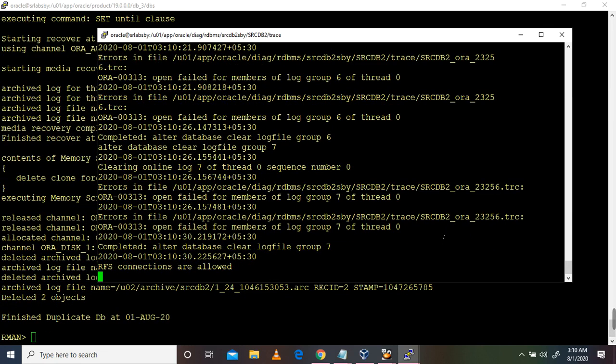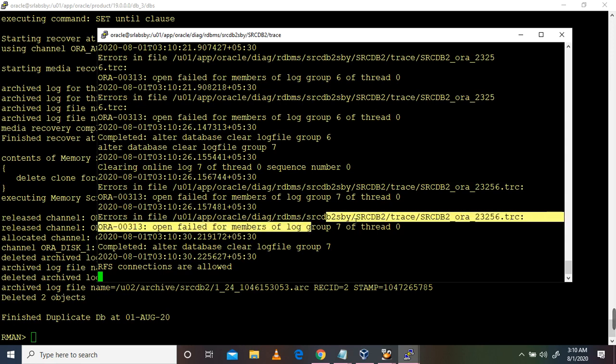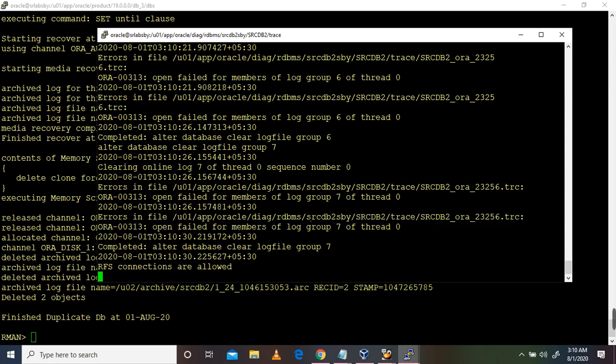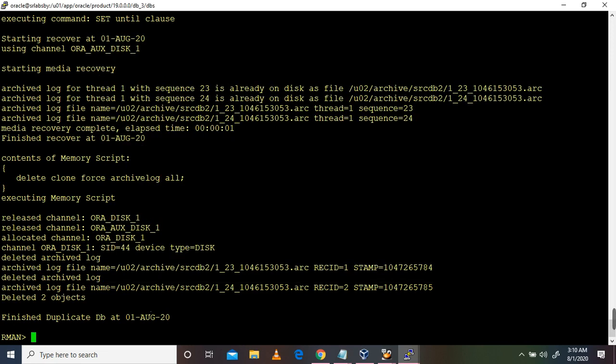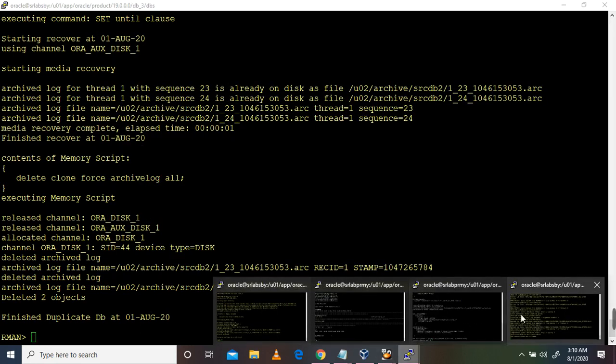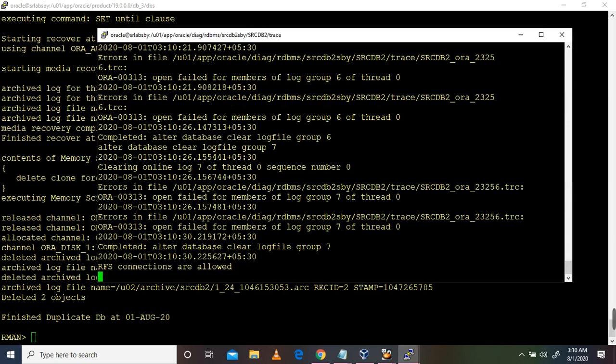Because why it's getting failed is that we don't have any of them. We need to create standby redo log files on the standby side. You can see the duplicate has been completed. So now the database has been duplicated.